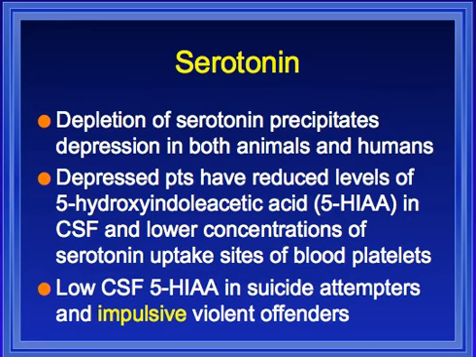We know that serotonin is an important neurotransmitter, not just because our drugs work for depression, but also because if we deplete serotonin in the brains of animals and even humans, you can actually precipitate depression. In humans, there's a tryptophan deficient diet that causes reduced production of serotonin, and that's been associated with depression.